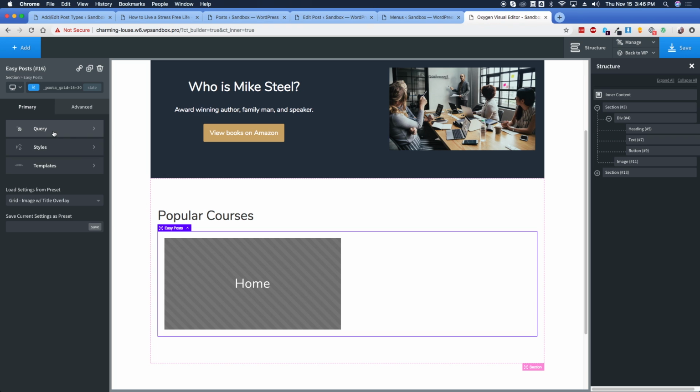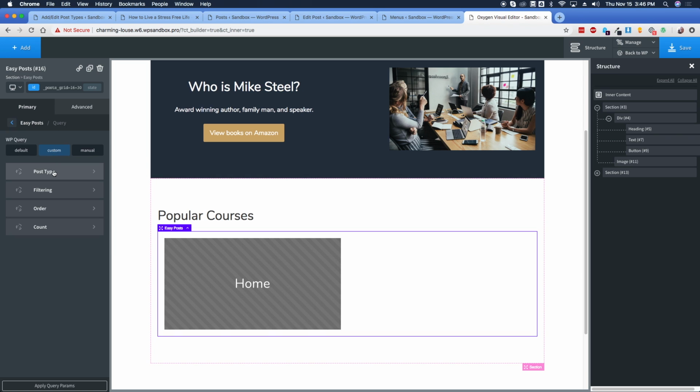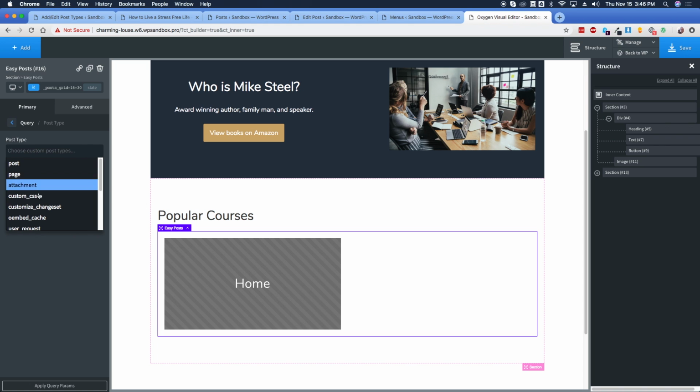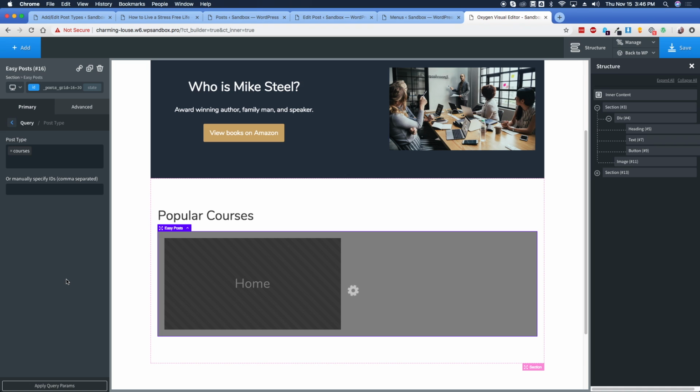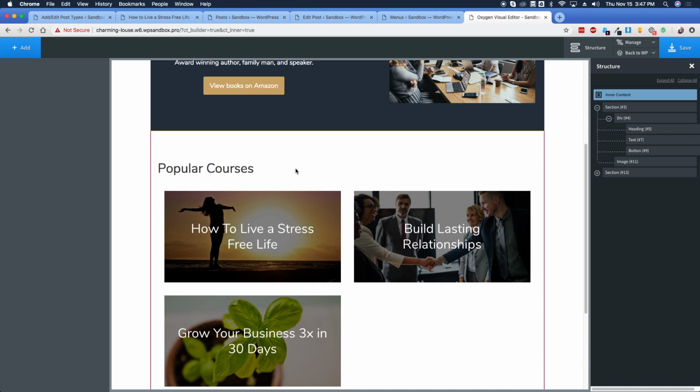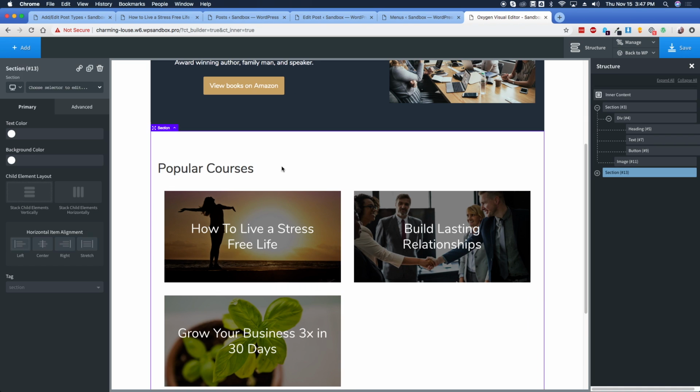Then we're going to change the query, because as you can see, it's just pulling up the home page. We're going to change the query type to custom, go to post type, and then this is up to you, but I'm going to do the courses, because I would assume that my client will want the paid courses to be at the top. And then for my free courses, I'm basically going to do exactly the same thing, except